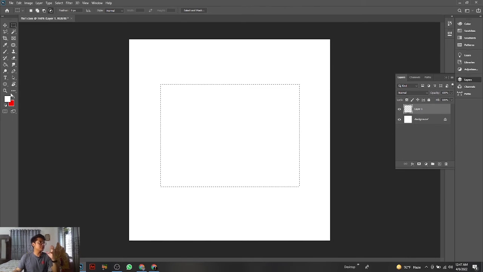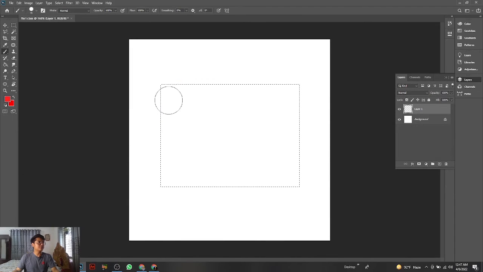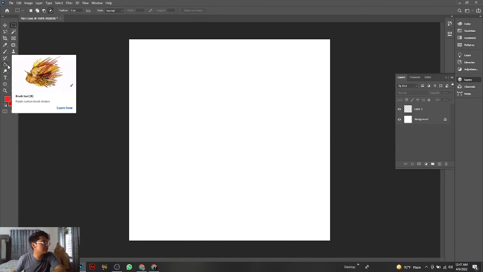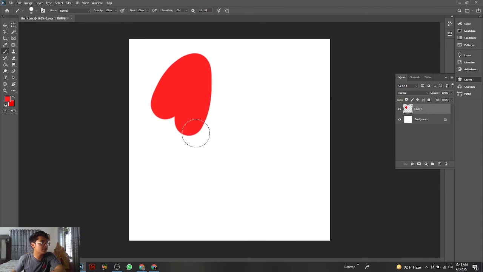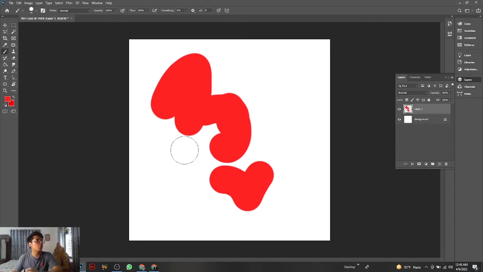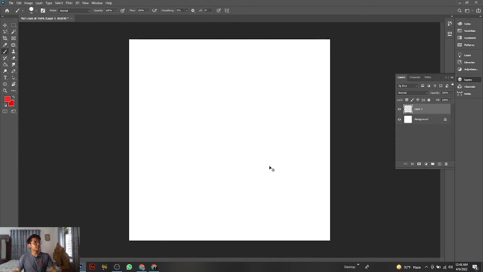One beautiful thing: just select the Brush tool and pick a color. You see that we select some areas using the Marquee tool. If we just color like this, for example, here we don't have a marquee. When you use the Brush tool, it works on every single part, but when you use the Marquee tool,